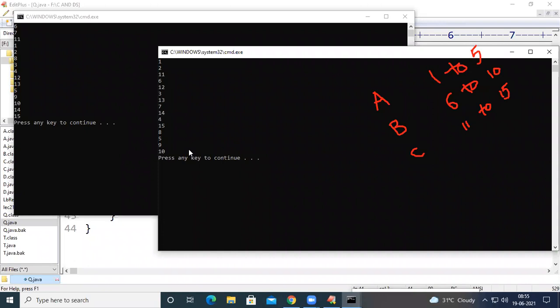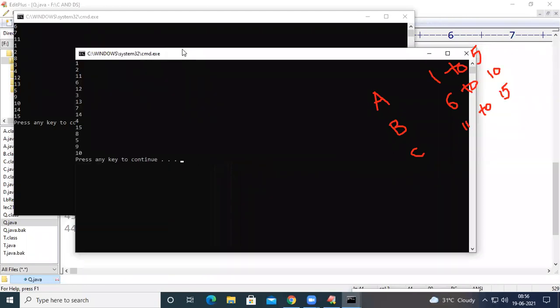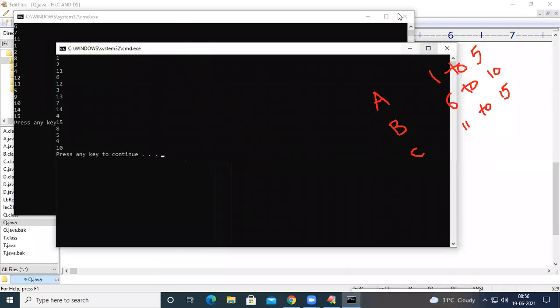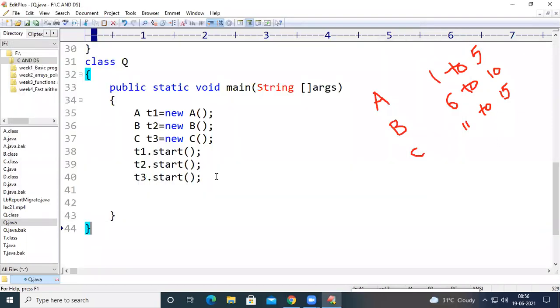Okay, it has a lot of tasks to be performed in order to run the computer system perfectly. So if the CPU is taking care of all the things related to your computer, then when you give this Java program, it will be executed in any fashion, depending on the algorithm that was followed by the CPU. So we cannot predict. We are running the same program, using the same system, but we are getting different output when we run it multiple times.